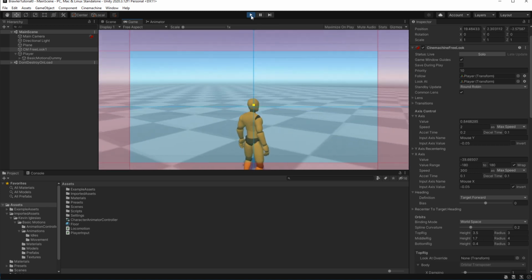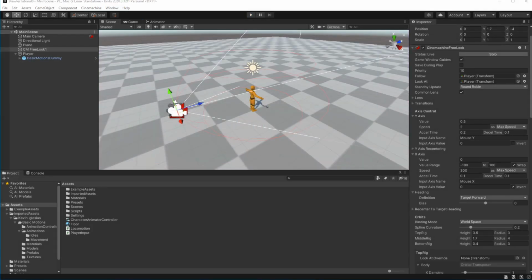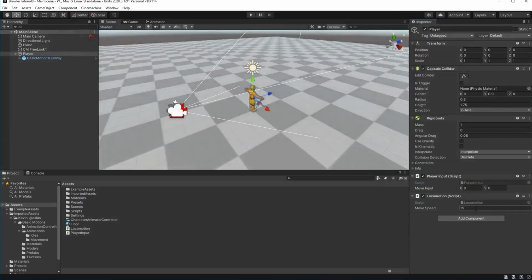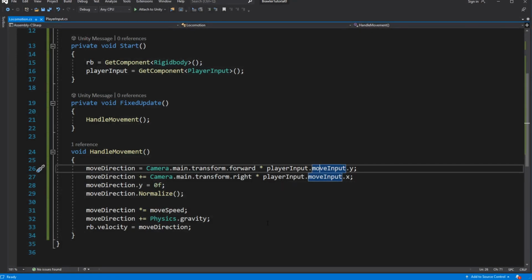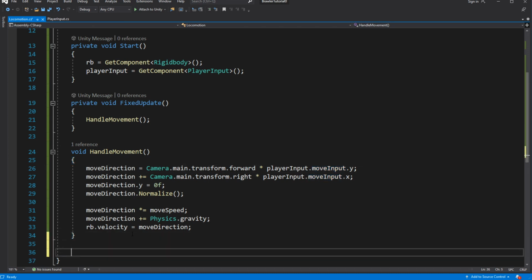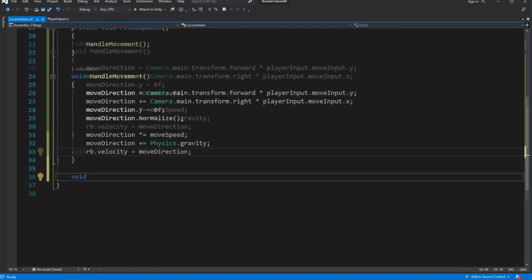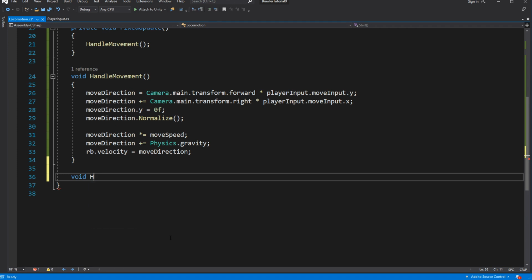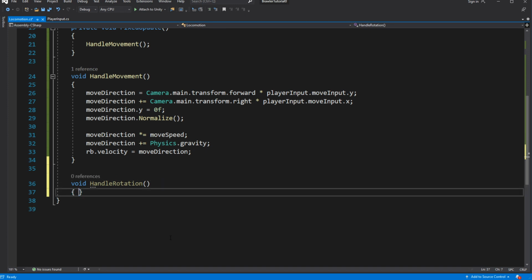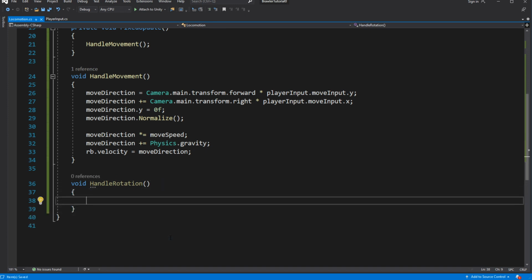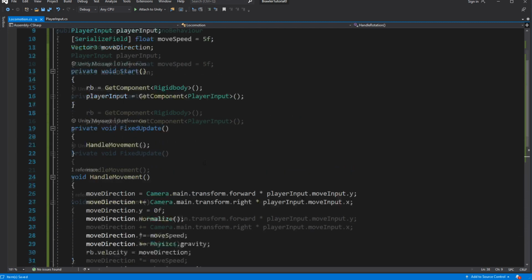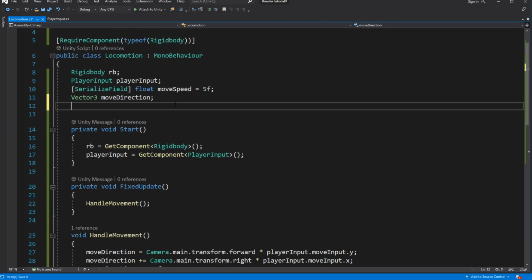Good, now let's rotate our character into the direction he is moving. Create a new method called HandleRotation in the Locomotion script. We will be using a new variable called rotationDirection.